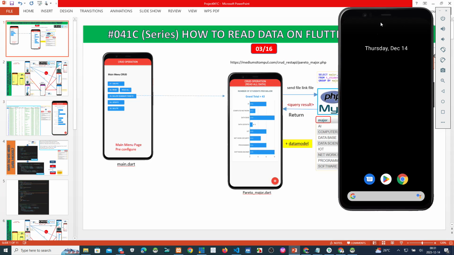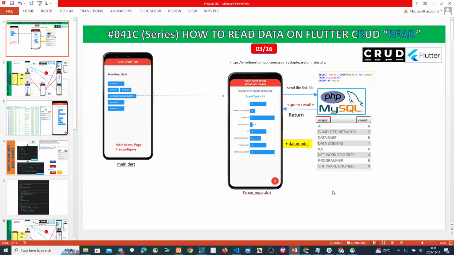The first thing, because we use more than one record like this, we must have a data model. In the data model, we have two parameters, measure and count, to convert the data record returned from the backend. We split it so that we have a field for the major and also a field for the count of each major.